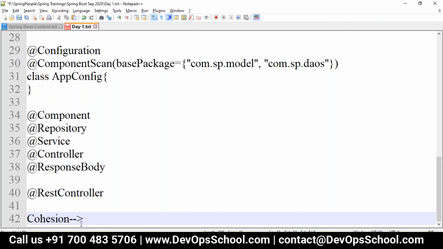If your project needs internationalization and you want eager loading, like when we deploy our application and once it is started it should create the objects for all the available components, then we go with the application context. We usually have a mix of both, right?